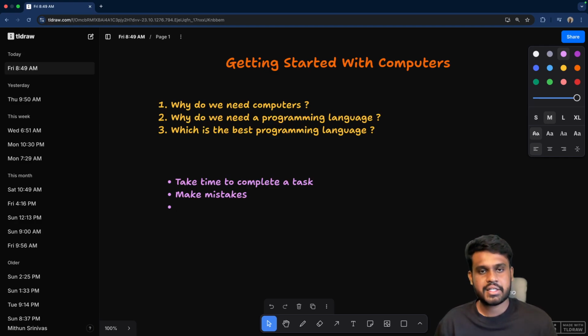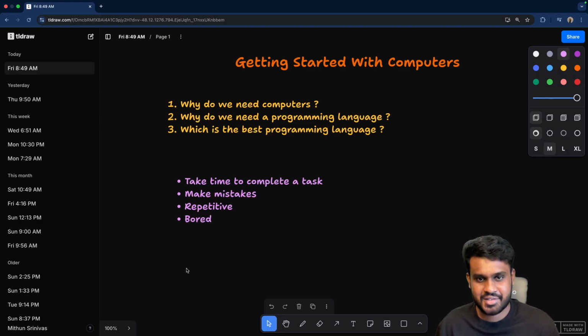Great. Next, again, the same example. If I tell you to count numbers from 1 to 100, you will be like, hey, this is very easy. But what if I tell you that you need to count numbers from 1 to 100 for 100 times? The challenge is that it's more repetitive. Okay, so it's repetitive in nature. So in the long run, you will feel bored. This is the core, guys.